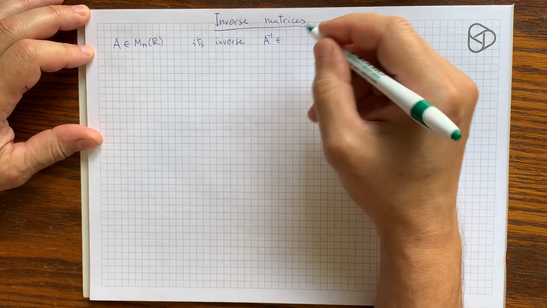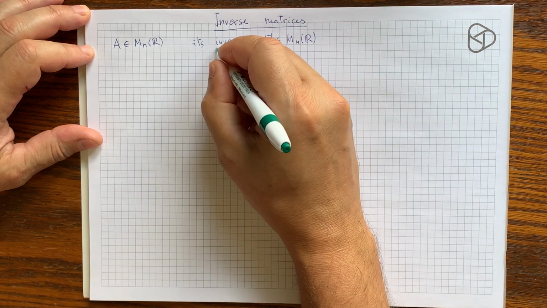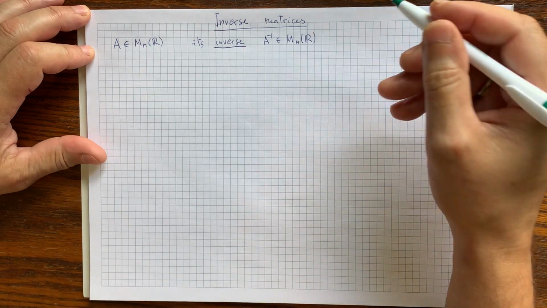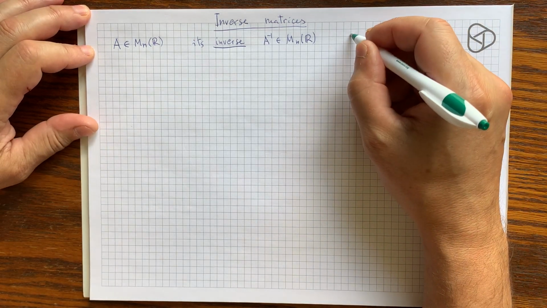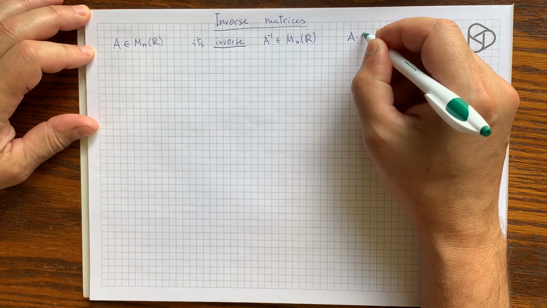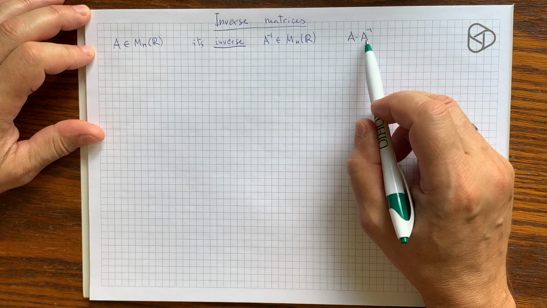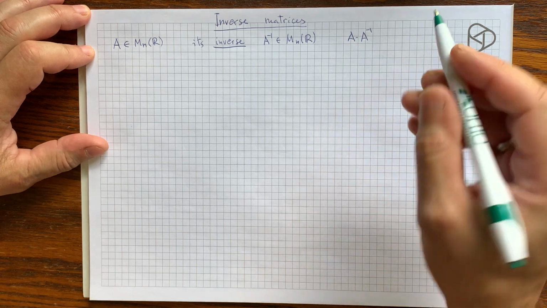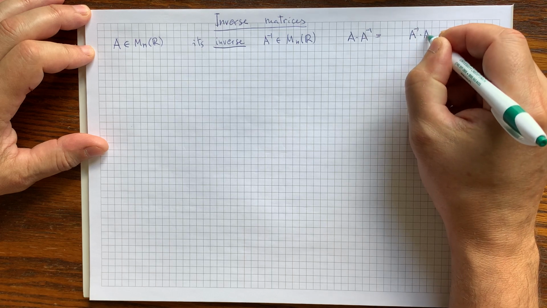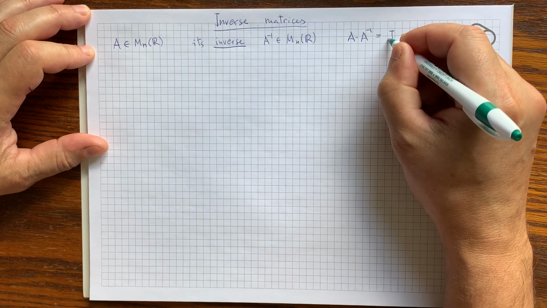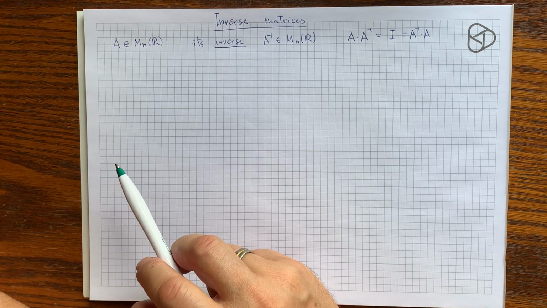is a matrix of the same size, also square, and what it has to satisfy to be the inverse to A is the following two equations. If we multiply the original matrix with its inverse from the left or from the right, the answer should be the same identity matrix of the same size. And that is